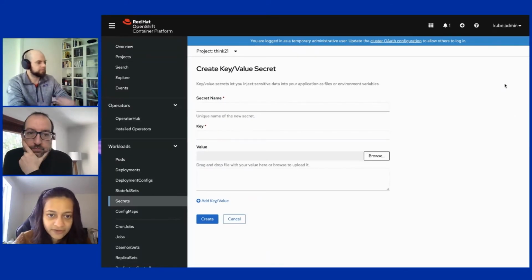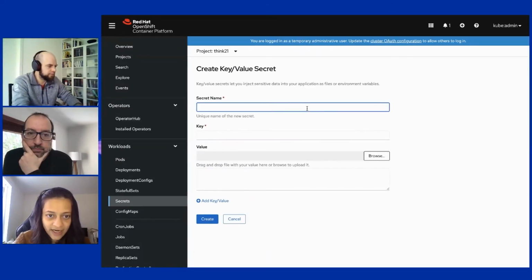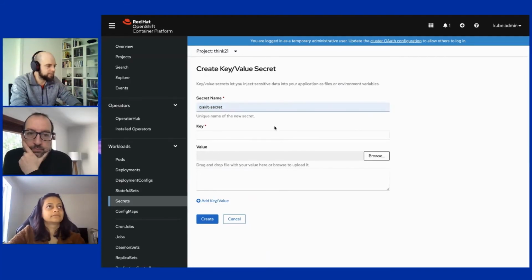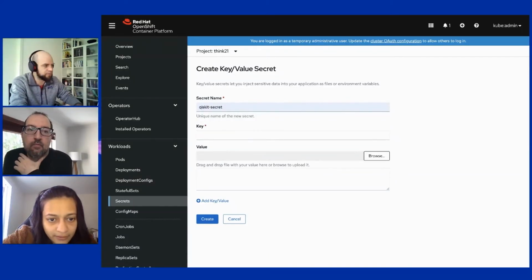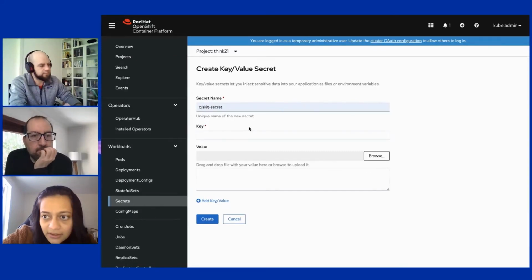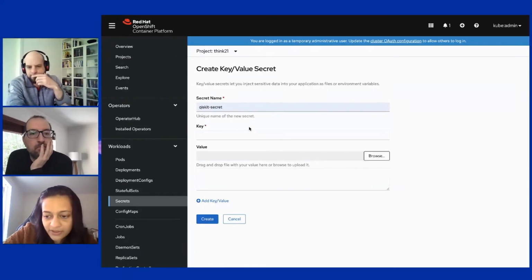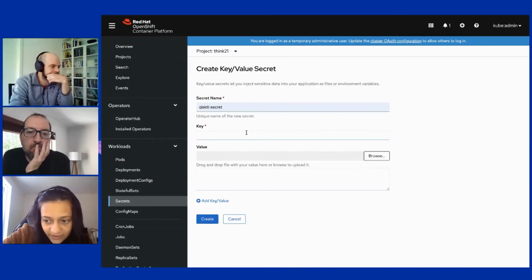Okay. And we have to name it Qiskit-secret because that's what it's expecting. I see. And here is the secret itself. So I need to find that one around, or should I put in the key? The key is called, I have pasted in the chat, but the key it expects is